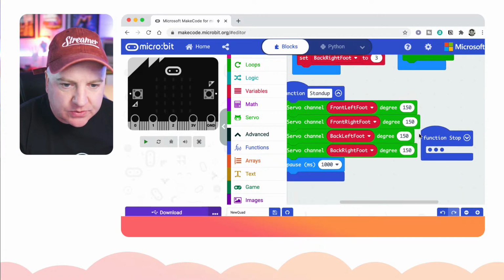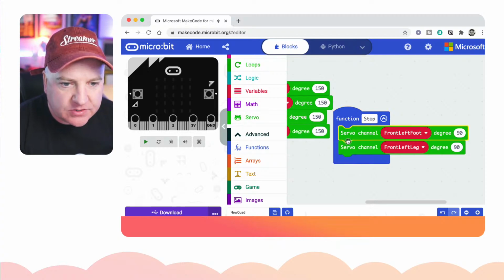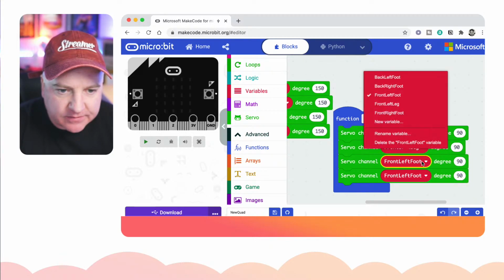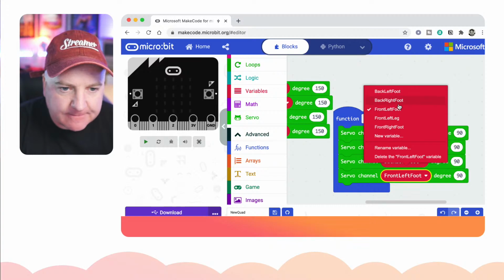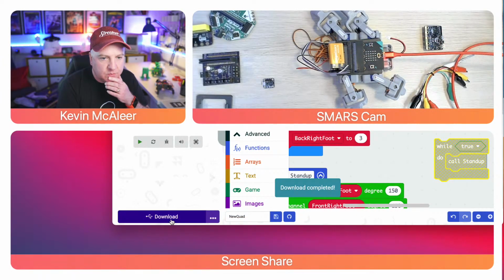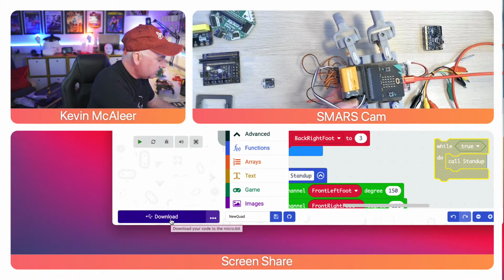So let me go to, I always create another function, well, the stop one works fine actually, where we just set everything to 90 degrees. So let's just copy those for every single limb. So let's do front left, front right, back left, back right. And then let's go back up here and pull out that loop for a second and then just download it. Like so. Okay. Manually put them into position. So